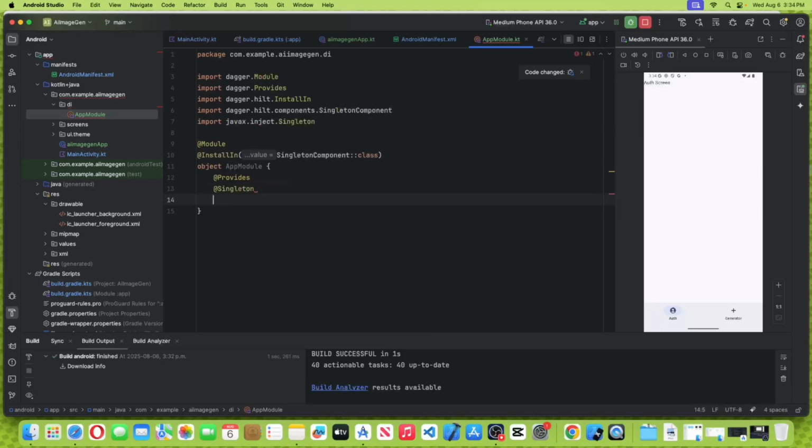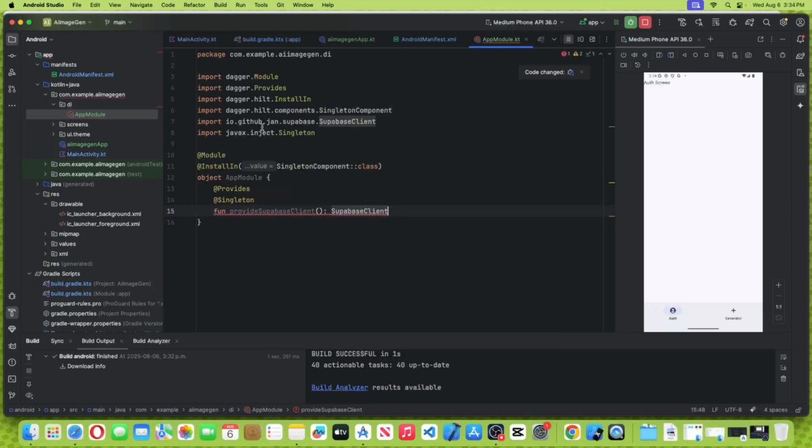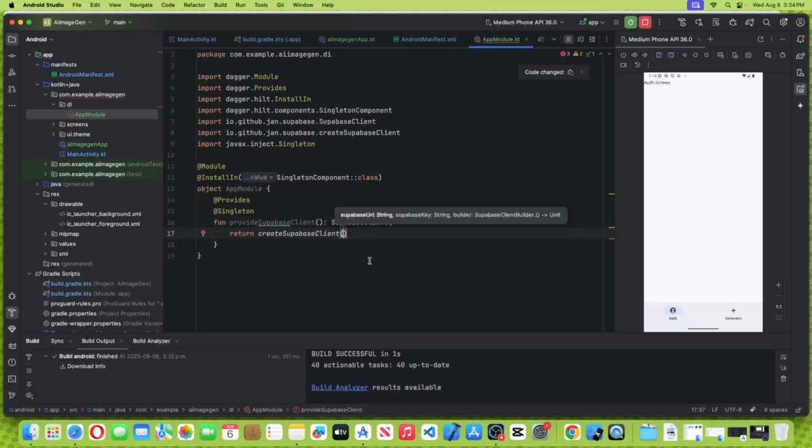The function is provideSupabaseClient, and this function will return a SupabaseClient. SupabaseClient is from that installed package, and we call createSupabaseClient,